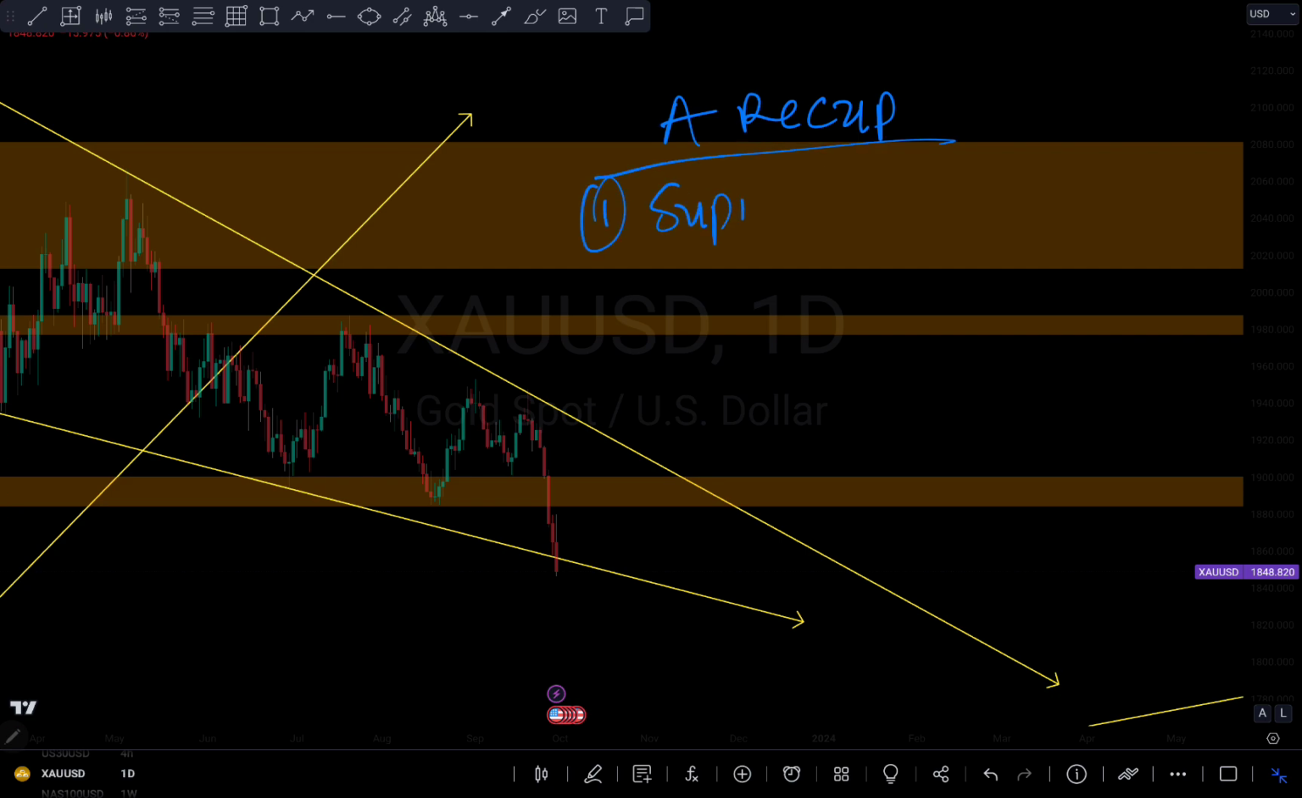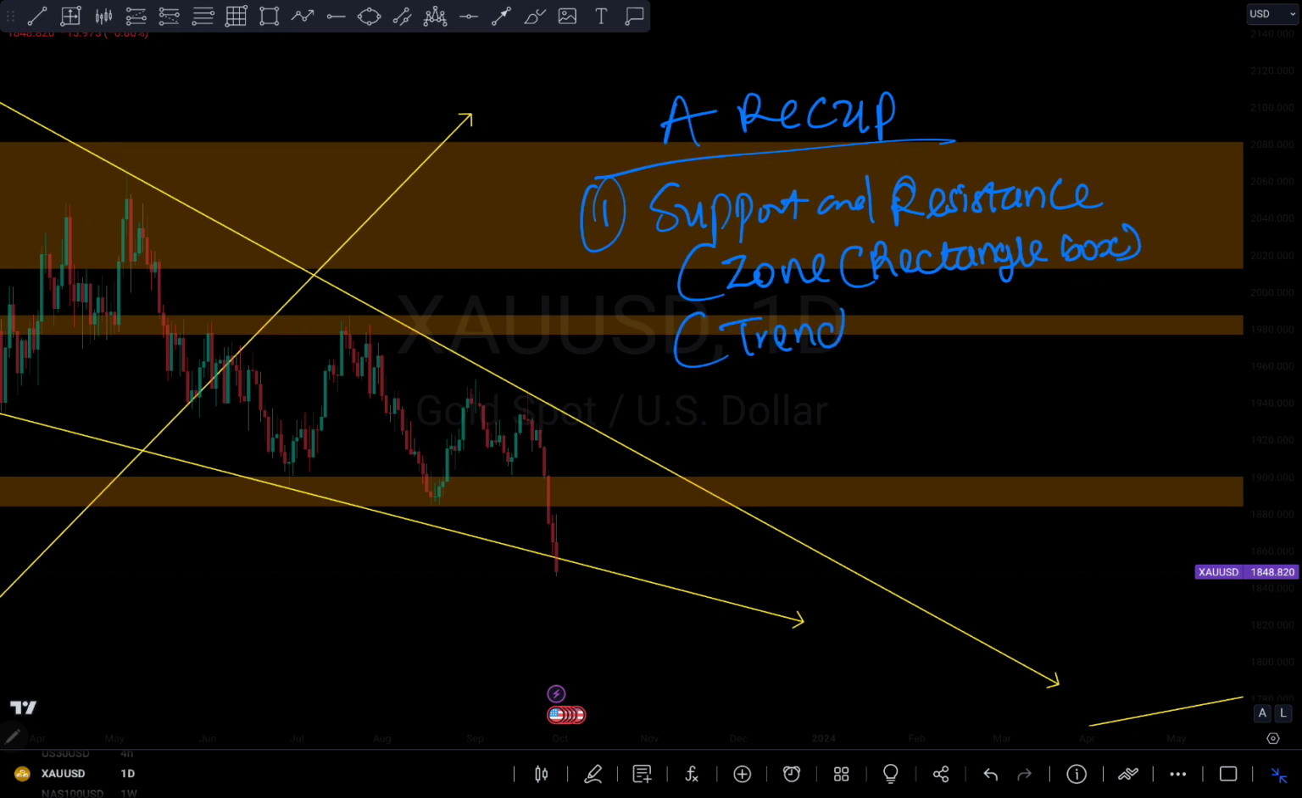We have support and resistance, and support and resistance can be in the form of a zone, which is the rectangle box, or a trend line, which can also be the diagonal lines, right? That's one way to draw your zones. So support and resistance, trend lines. We can use